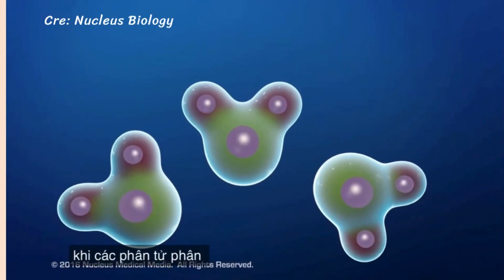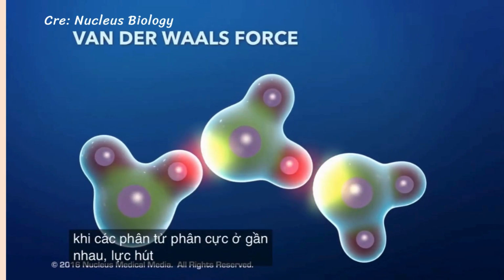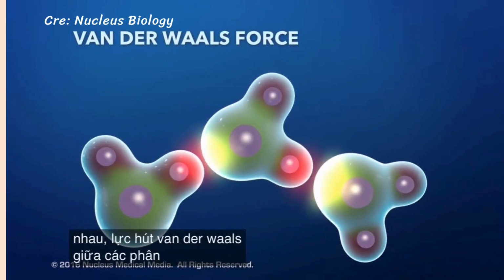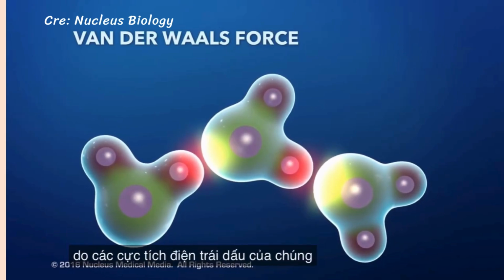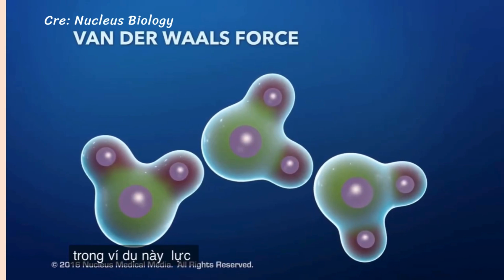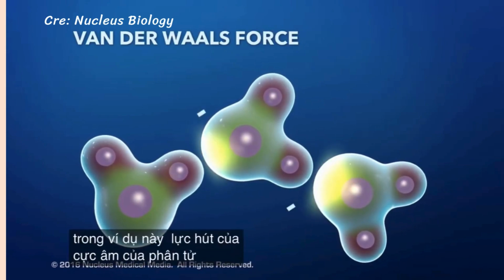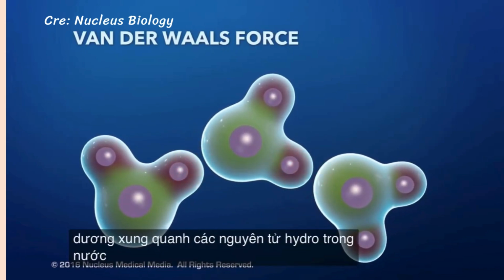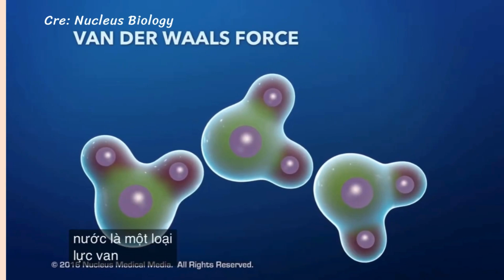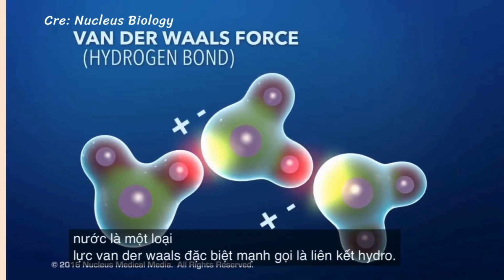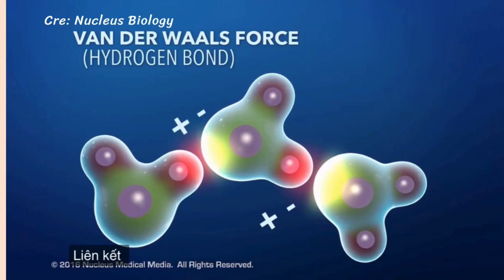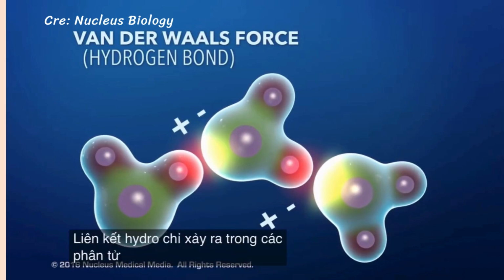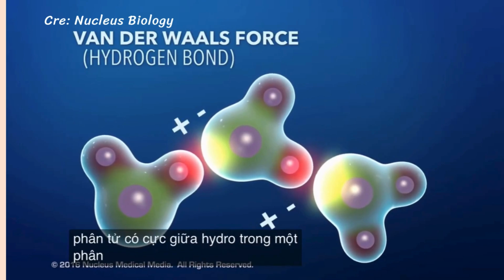Now, when polar molecules are near each other, a van der Waals force of attraction between the molecules occurs because of their oppositely charged poles. In this example, the attraction of a polar molecule's negative pole to the positive pole around hydrogen atoms in water is a particularly strong type of van der Waals force called a hydrogen bond. Hydrogen bonds only occur in polar molecules between hydrogen in one molecule and oxygen, nitrogen, and fluorine